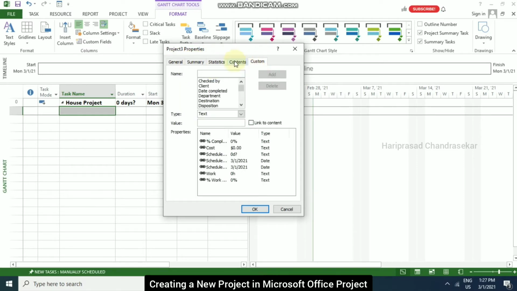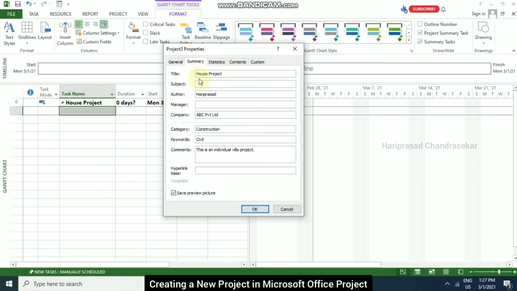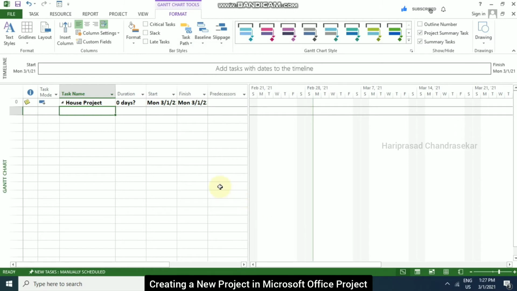Everything we can see, but mostly we are using only the summary. And click OK. Once you click OK, we can see there is something we got here. This is similar to notes. When you keep your mouse over that, you will see the notes: this is an individual villa project.